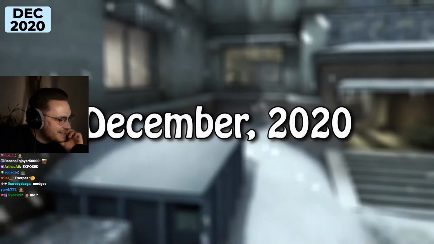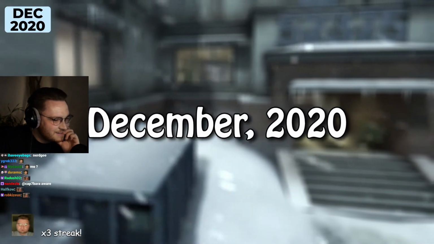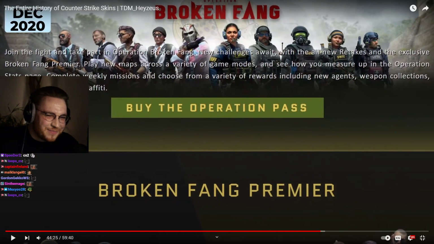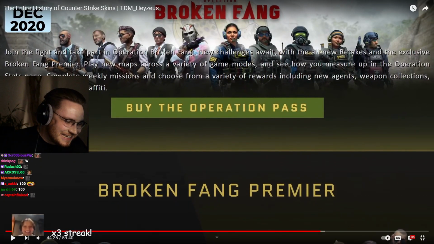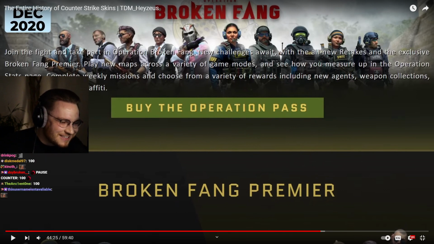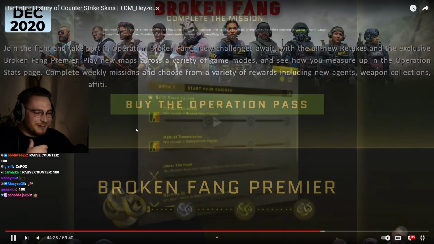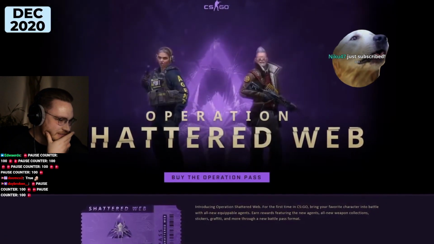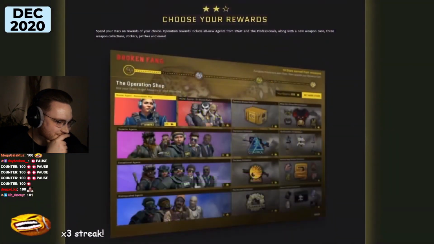And in December, after a very long and drawn out wait, we finally got another operation, Broken Fang. I love that day, bro. We were all just yapping in the call, like, look at this souvenir triangle. Look at this, bro. It was so sick. And we were discussing like prices and stuff. It was basically a copy of Shattered Web that was worse in every conceivable way, aside from arriving...